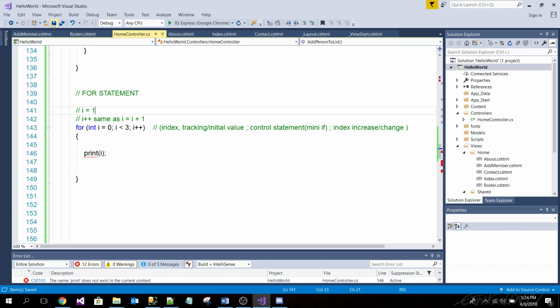This is the bread and butter, guys. Hang in there. Once we get through these tools, we're gonna do some cool stuff. But you gotta take the lumps first. So 1. What do I need to do next? So this is 1 now. Remember, we're keeping track of it over here. Less than 3? No, it's not greater than 3. Exactly. So 1 is less than 3. So this is true. So we go in here, and what gets printed? Print 1. Yep. So far, we have printed 0 and 1.